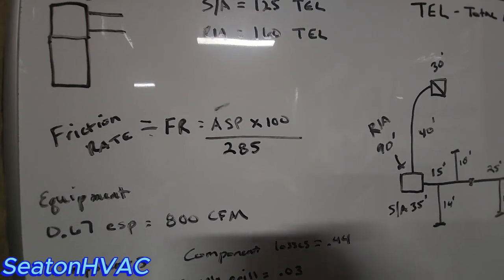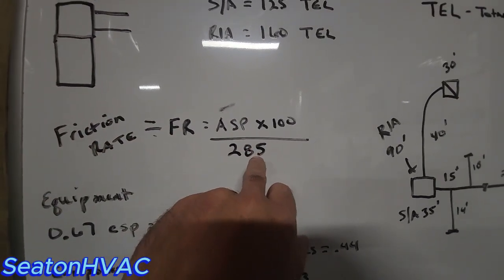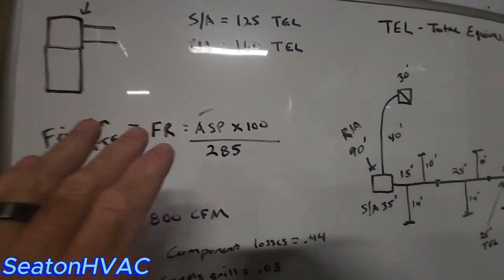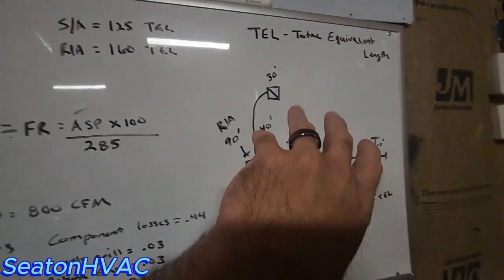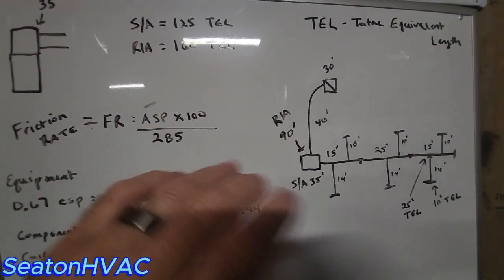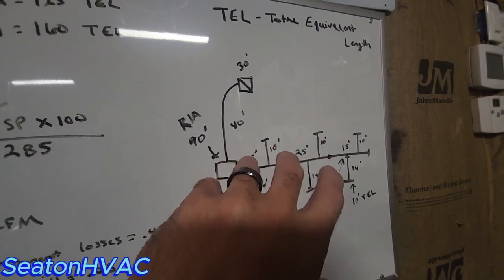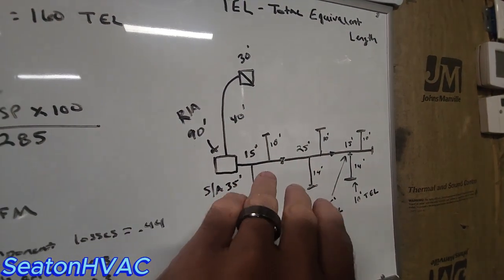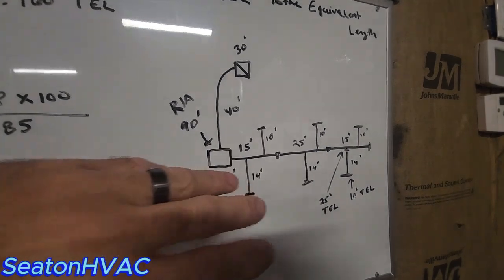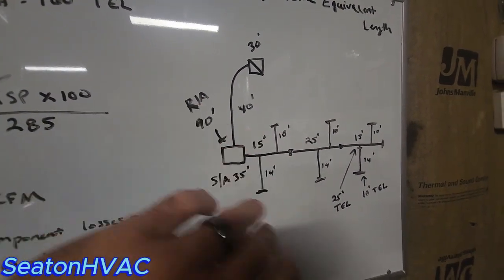Okay, guys, so I went ahead and wrote that in there so you don't get confused. So FR is friction rate, and then I wrote a 285 in there. Now, I know a lot of you will just go out and buy software programs. It does all this for you. It'll draw your duct out for you. But I don't think it's very accurate. Plus, I think there's a lot to be said for doing it by hand, because you can tweak it and make it more as built as opposed to just a program spitting it out, because once you get on site it changes, trust me. And of course you want to verify your static pressures and stuff when you're done